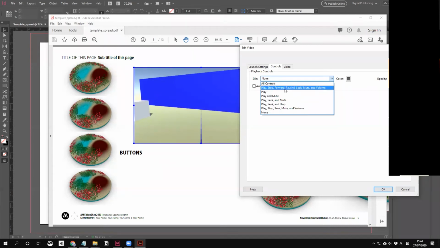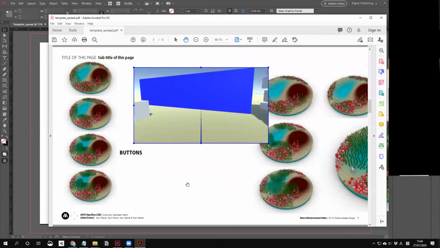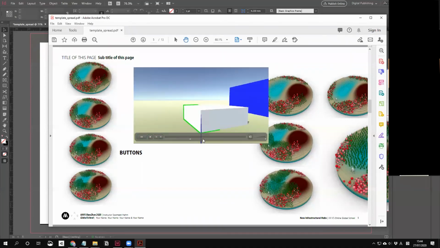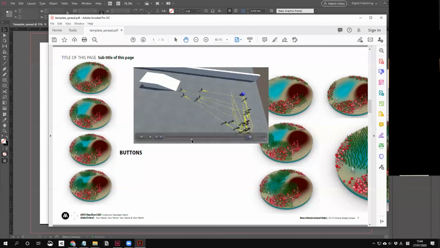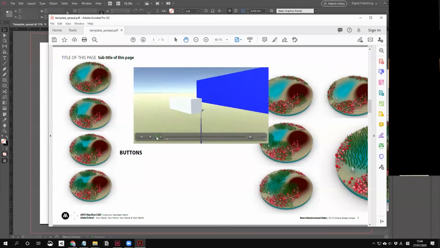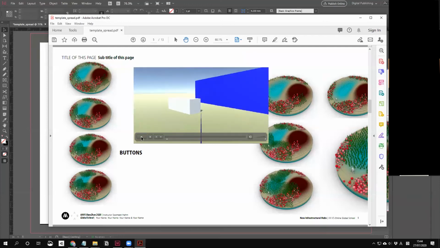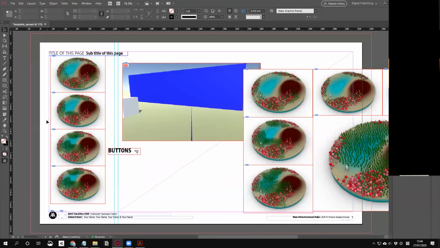So basically, maybe if you want to put all controls, here you can see all controls of videos. So I can simply jump, go back or to the end, something like that, and play or stop. You can do this in your video as well, and in your PDF as well. And then in the end,